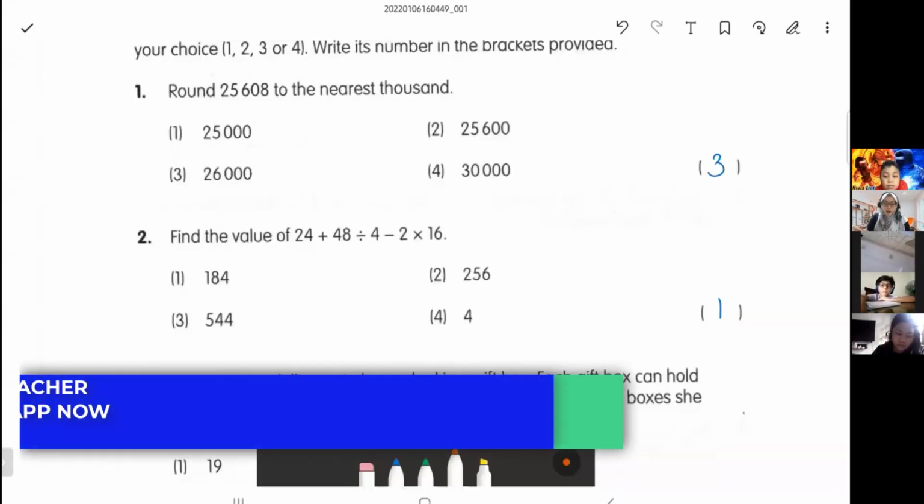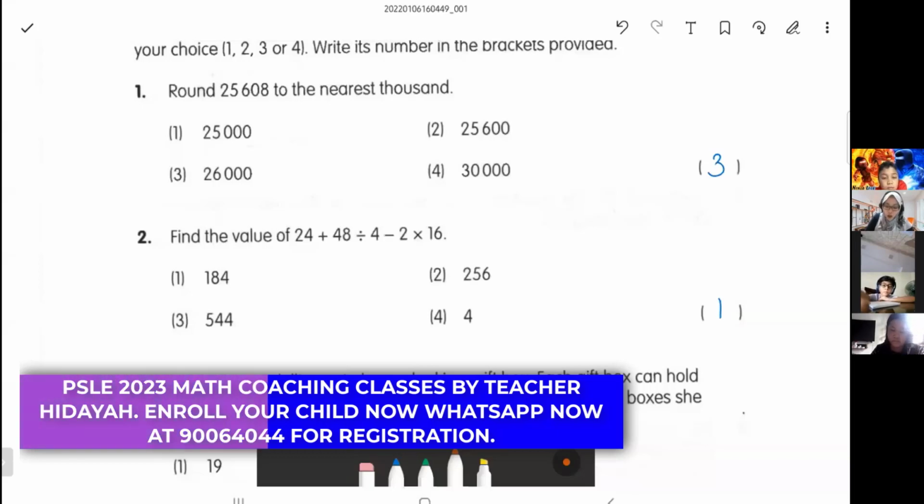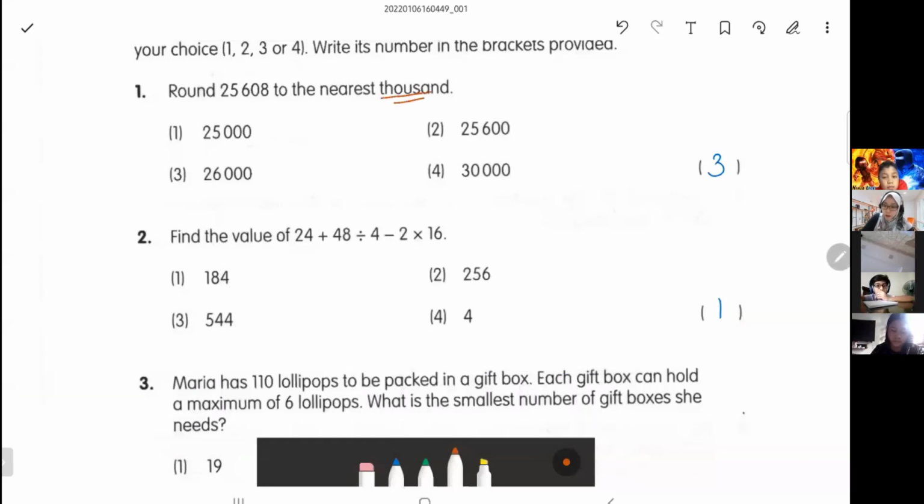Okay, round off 25,608 to the nearest thousand. They want thousands, please. Okay. So if you have this kind of question, what you need to do is, if you do not know, rewrite the number 25608 and then you label the